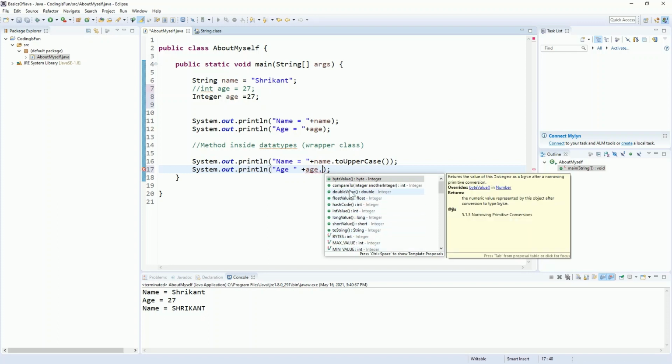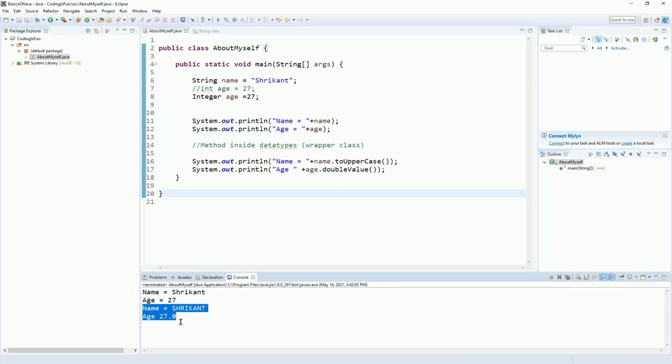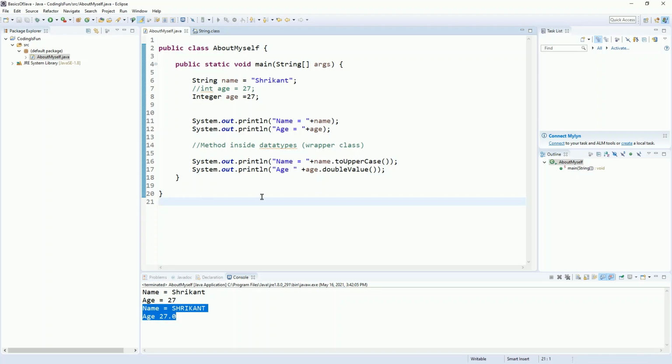So if I use doubleValue related to age, you can see that age.doubleValue prints the floating point double value of this age. You can see that these two values get printed out. So that is the very basic difference. There are a lot of differences between primitive and non-primitive data types.